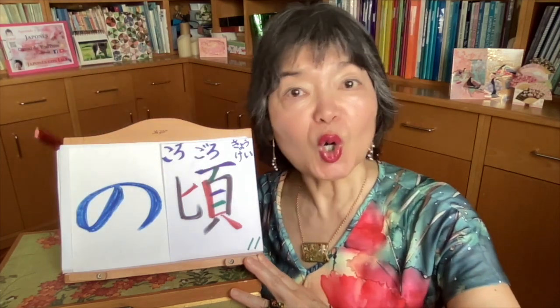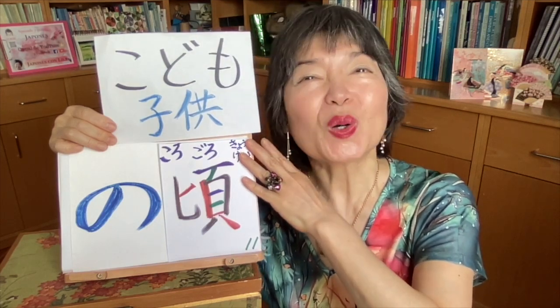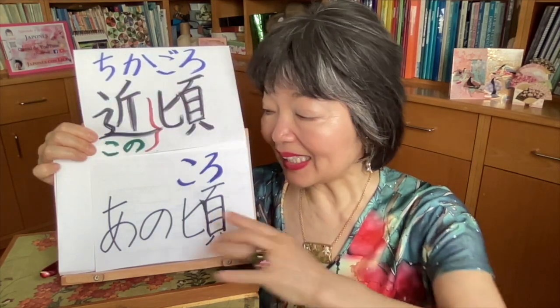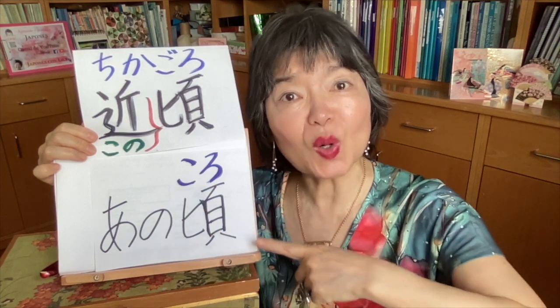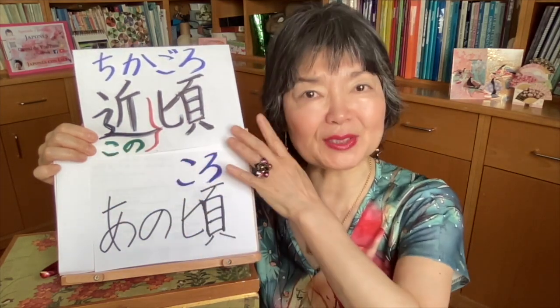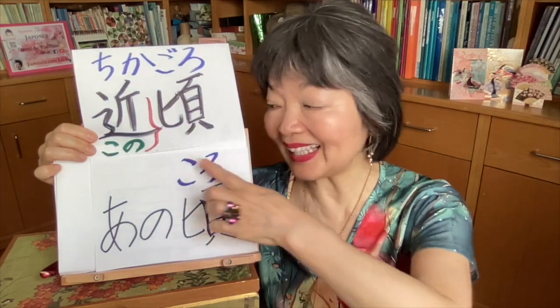But after the particle の, we pronounce koro, with こ from かきくけこ. For example, when I was a child, 子供の頃. When I was about 5 years old, 5歳の頃. あの頃, in those days. I just said that after の we pronounce こ, あの頃. Then you think, oh, it's strange, because I just said この頃 with 点々. This is an expression, この頃, lately, recently, and あの頃 without 点々, あの頃,